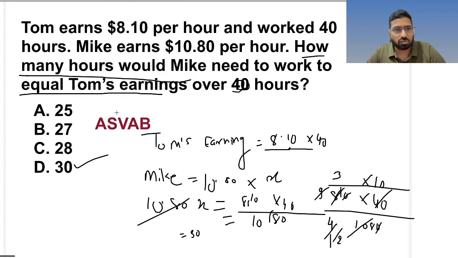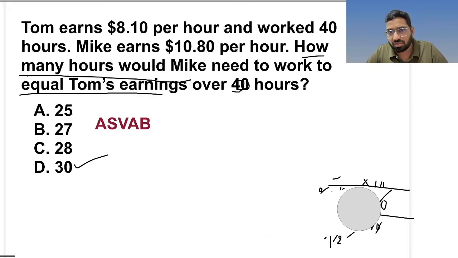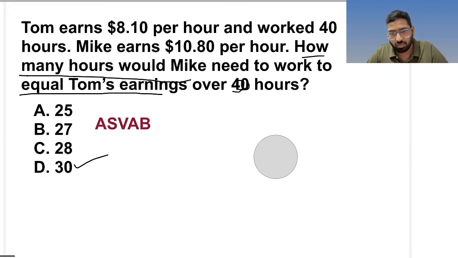Finally, there is one more method that's exactly similar to how this is working, that is ratio and proportion. I'll also show that. So whatever strikes your mind at the time of examination, you can do it. So ratio and proportion would be Tom's earning is to Mike's earning